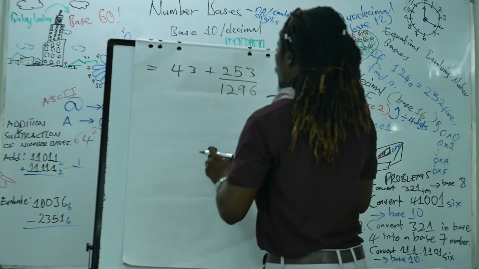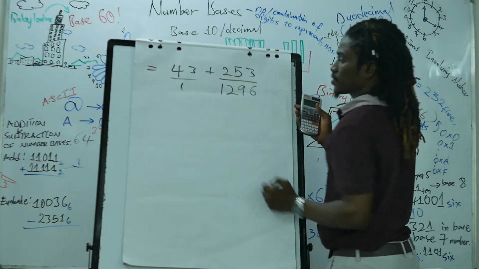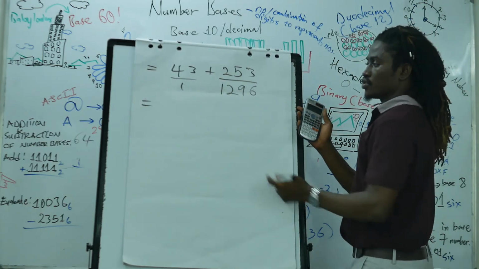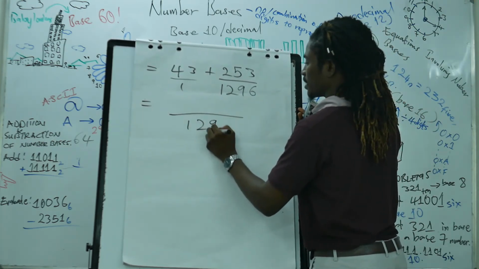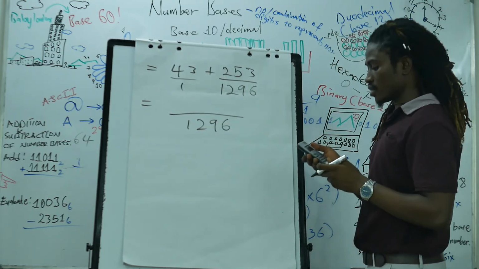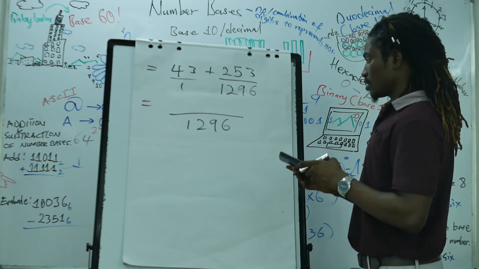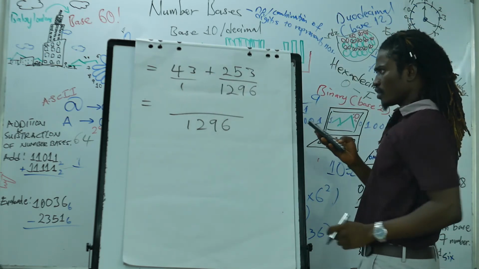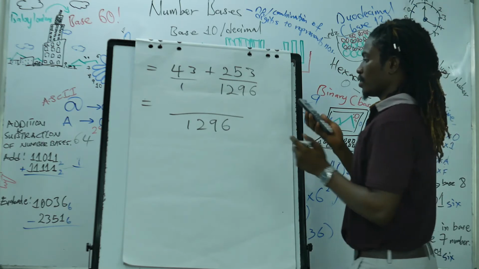Now, to have this all as one number, we just remember 43 is the same as 43 over 1. So the LCM of this and this is just 1296. How many times does 1 come into 1296? It's 1296 times, multiplied by the numerator there, 43, is going to be